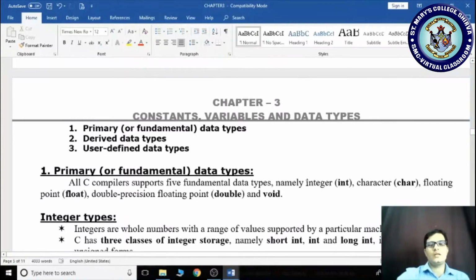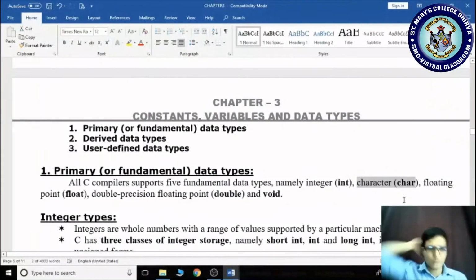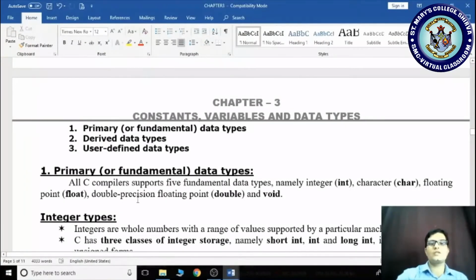Integer is represented in short form as int, and character as char, which you have seen in your keywords. These keywords are used to represent integer types, character types, floating points that is float, double precision floating points, double, and void. All these 5 data types are treated as primary data types.